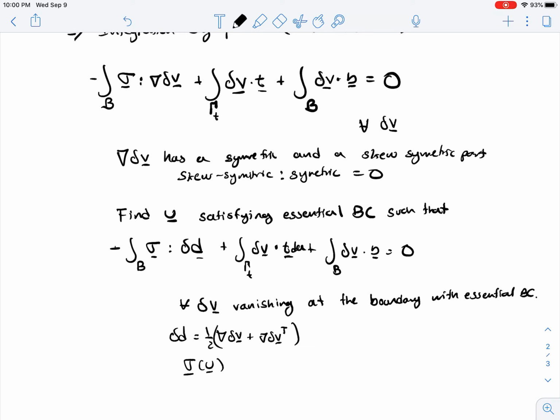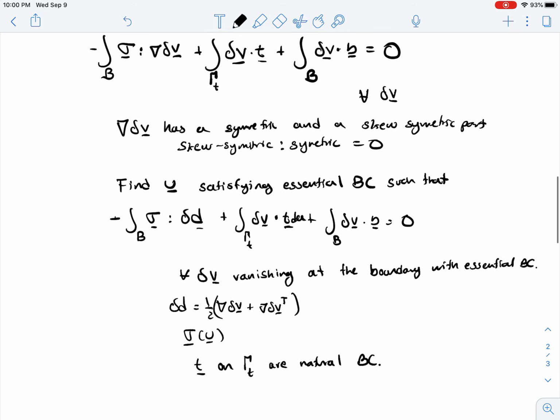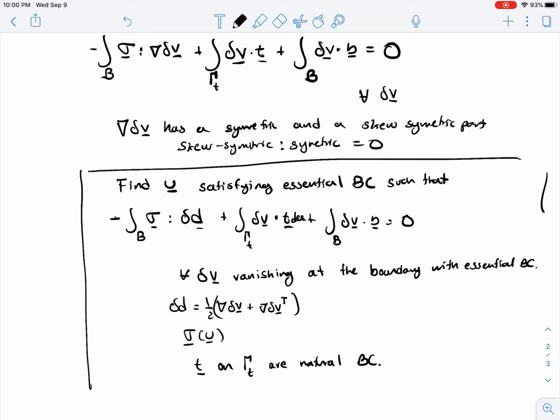So this, and maybe I should also make a note. T on gamma t are natural boundary conditions. And that's the weak form of the linear